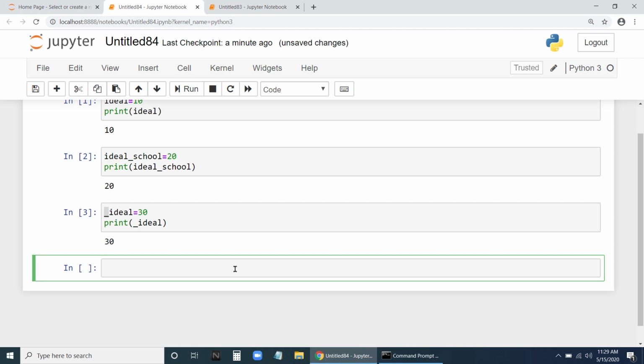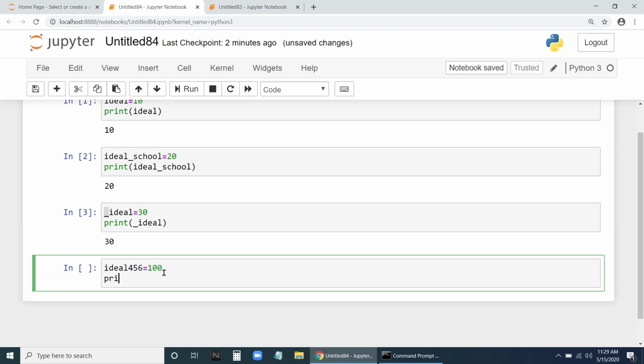Now, I can say here ideal 4, 5, 6 is equal to, let us say 100. So print ideal 4, 5, 6. We can have it like this.